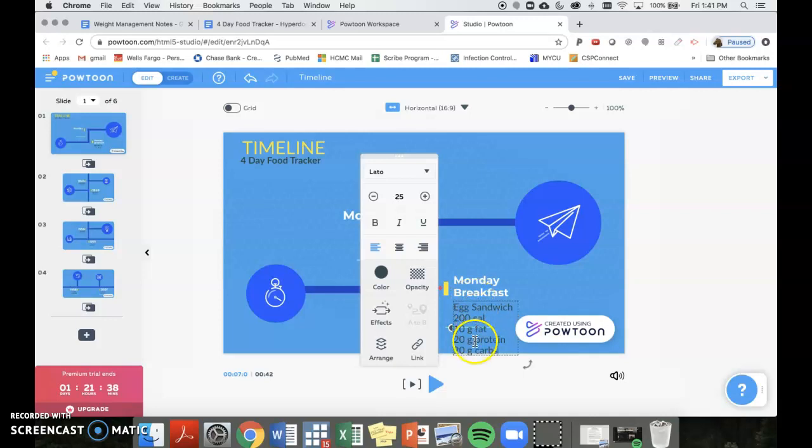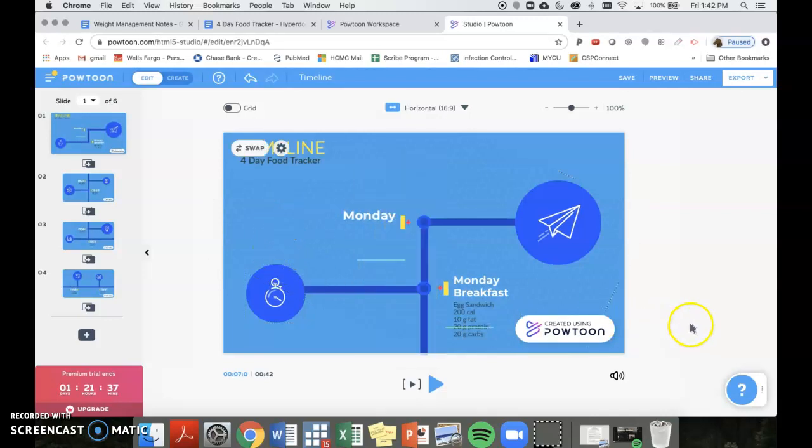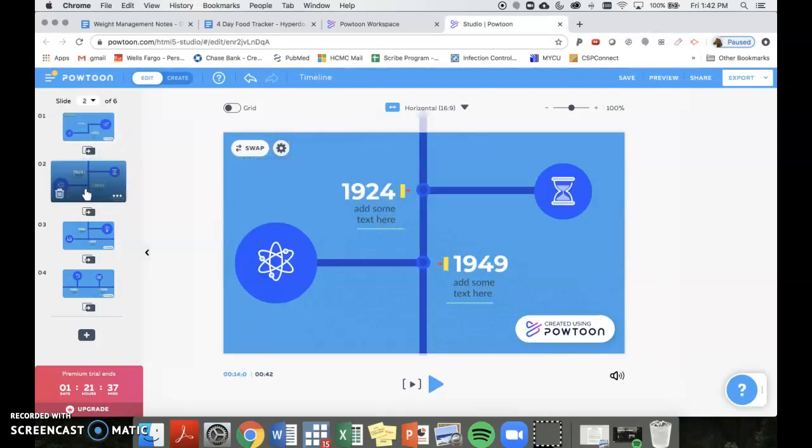That's not totally accurate, but again, for the sake of this demonstration, I can highlight that and change around the font if I want to. Now, that's my first slide. I could then go on to the second slide and then continue. So if that was Monday breakfast, I could do